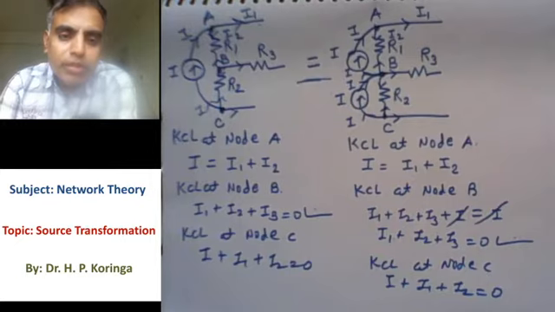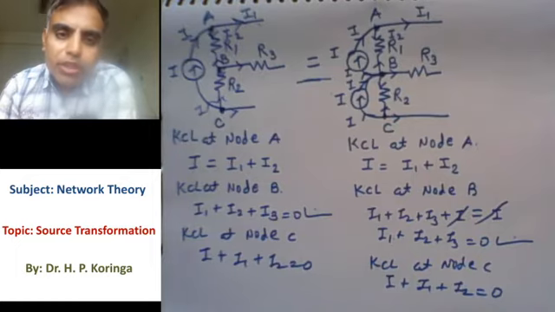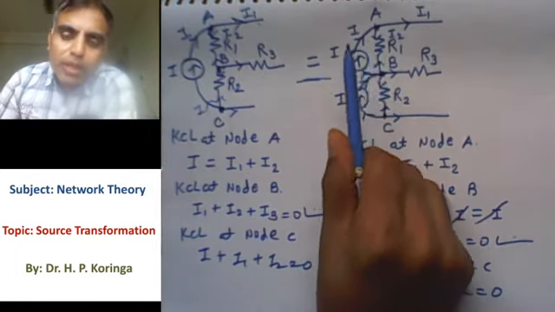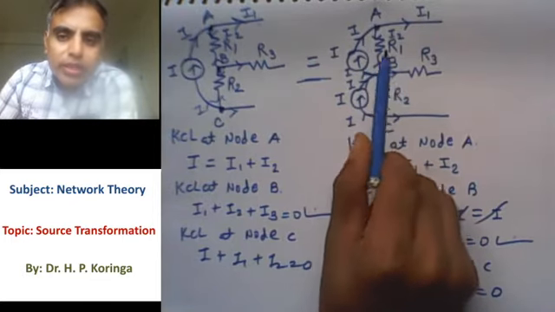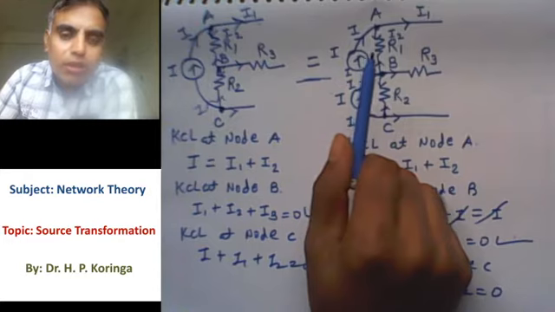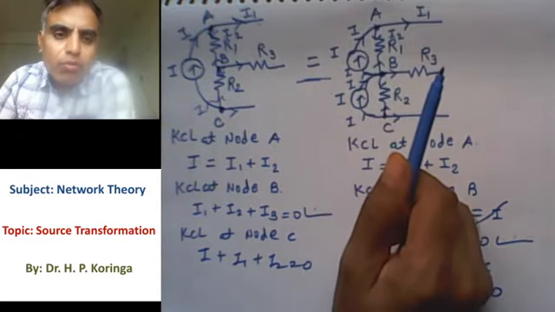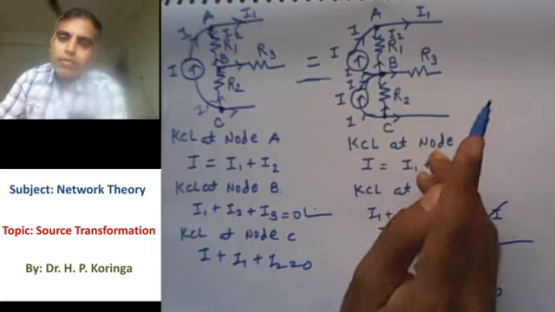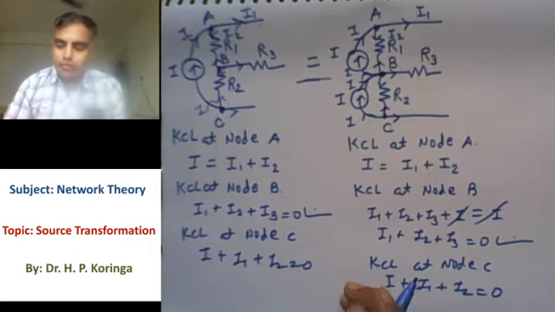So we can replace it with a single current source parallel to both branches, parallel to both R1 and R2. And once we get it parallel to both branches, we can move further for simplifications. It is similar to the current source equivalent network, so we can replace it with a voltage source and do more simplifications, right? So this is rule number 4 in source transformation.